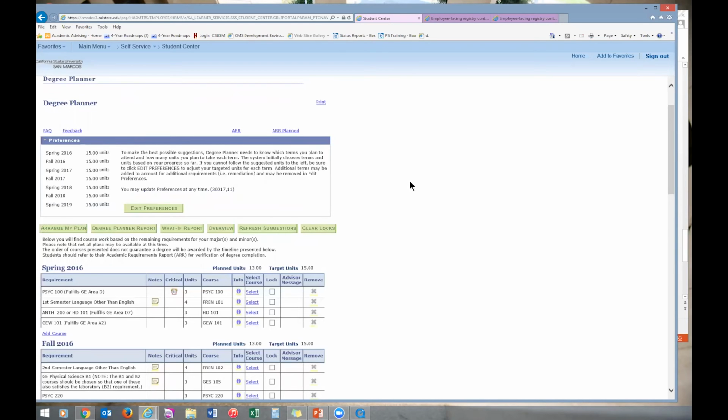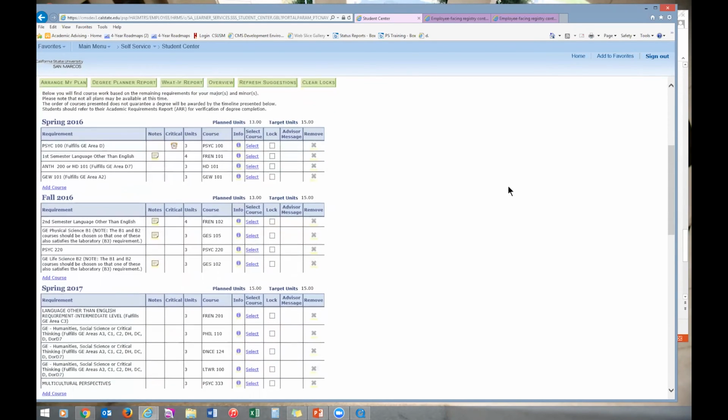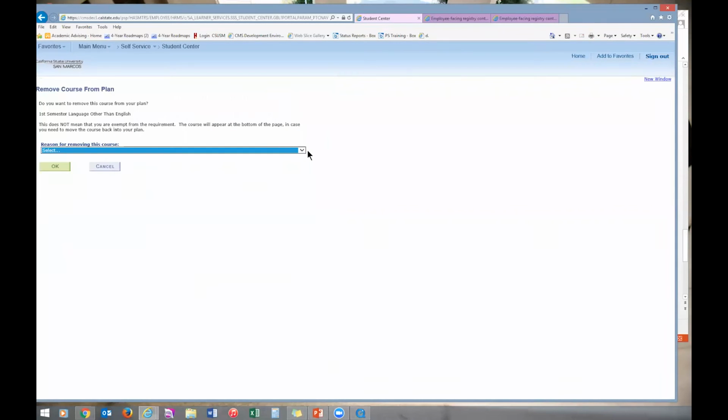All right, the next thing I want to cover is you can actually remove a course from your planner or a requirement. Now, why would you want to do this? One, if you know that you have taken courses off campus and you haven't sent us a transcript yet, you can go ahead and remove it. So for example, let's say Casey knows, I know I took that language course over at Palomar. She can remove it, tell us why she's removing it,